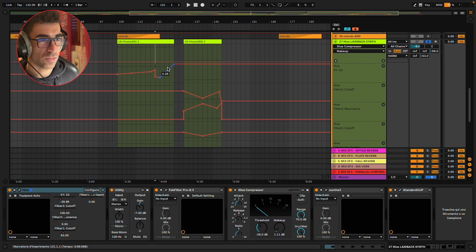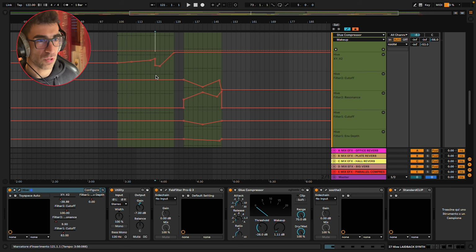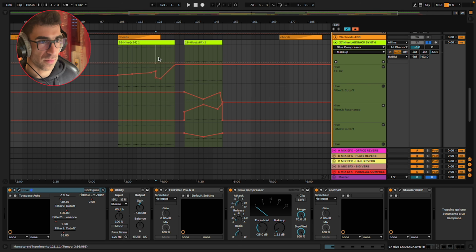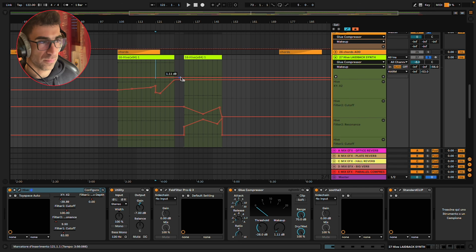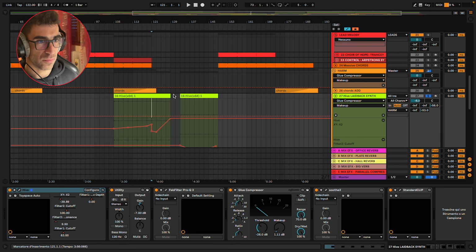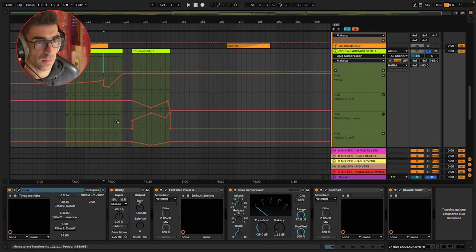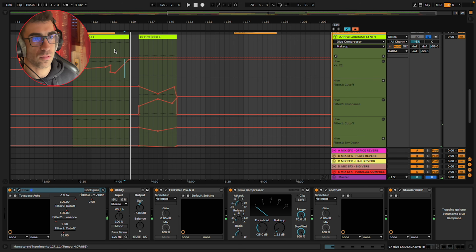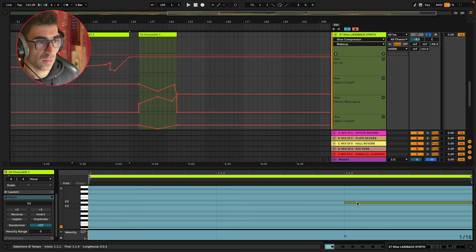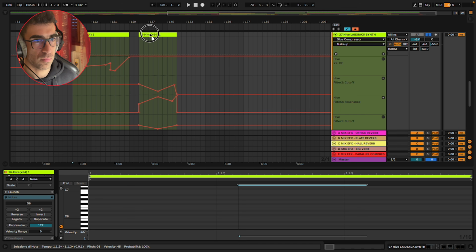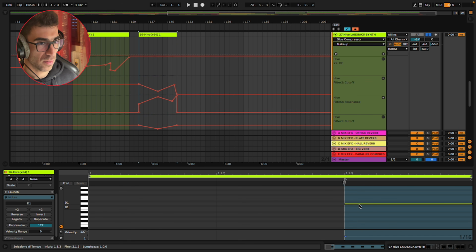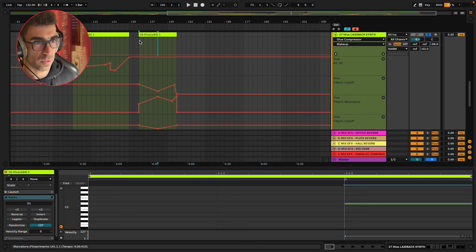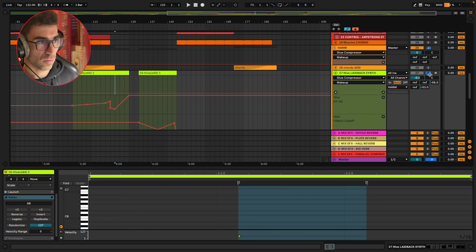And then in this section here, because of its automations, it's like a riser, basically rising up the energy for this section and for the drop. Let's hear it in solo. Going up, up, up, and then silence, and then here, same note, but 1 octave below, as you can see in the drop. So it goes like this.